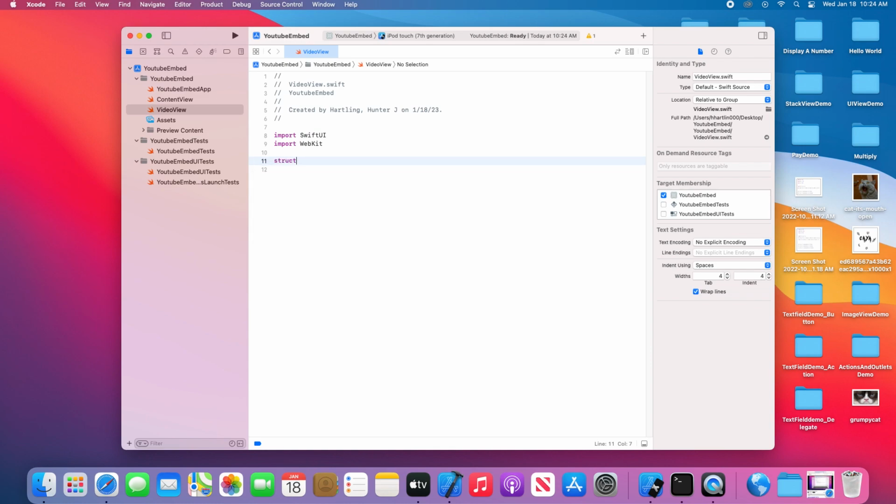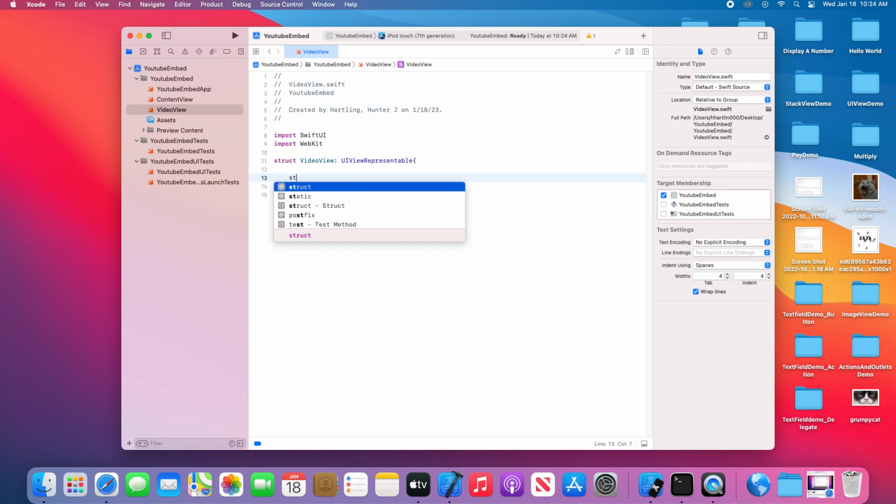Struct video view, not that view, and UI representable. And make sure you don't forget your curly brackets. We need those. Then type in struct video view